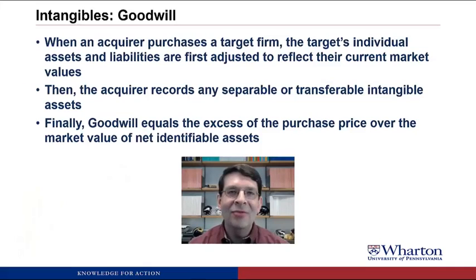Anytime I've taught goodwill in an on-campus course, early in the class session, I'll ask my students what's included in the goodwill asset. And they'll always list things like brand name or trademarks or copyrights or trade secrets or customer lists, patents, all of which are not included in the goodwill asset because they're broken out as separate intangible assets. They're either separable or transferable. So what's left in goodwill is the real fuzzy stuff.